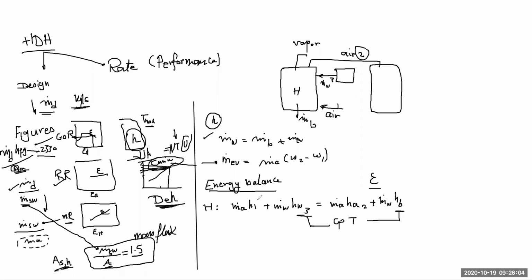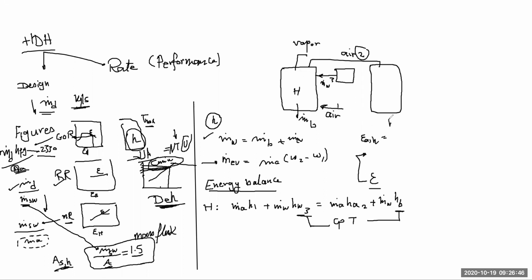As I said, always the values of H will be given to you. Sometimes we hide one of these values of the H's. It is not given and you are asked to calculate it, which means that you are going to deal with the effectiveness expression. And we have effectiveness based on the water side or the air side. If you noticed in the quiz, I specified that this is effectiveness of the air side so that you don't have to write both of them and search which one is the highest, because some of them will not be given. So when you are given effectiveness for the air side for the humidifier,